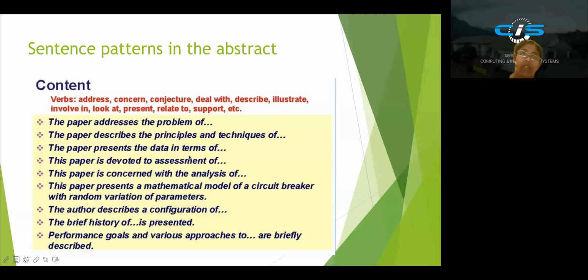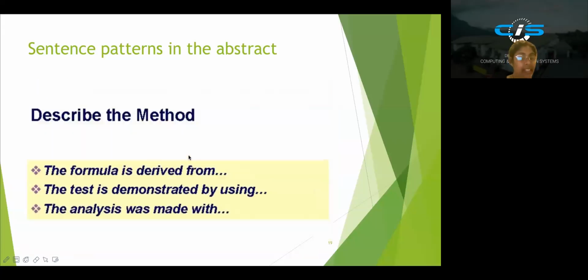This paper is devoted to the assessment. So likewise, you can explain the content and then you can describe your method. So after you find out the problem and objectives, there may be a method. Okay. So it can be you are going to propose a mathematical model or you are going to propose a